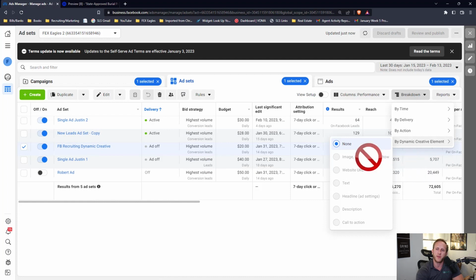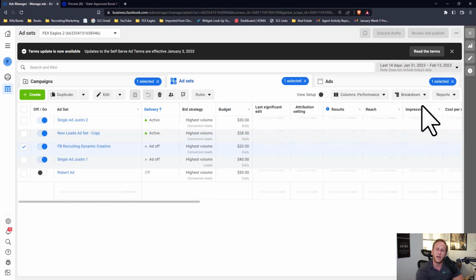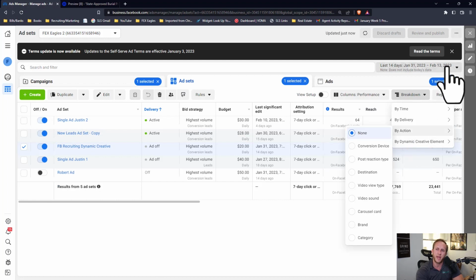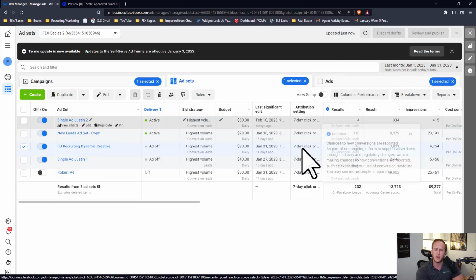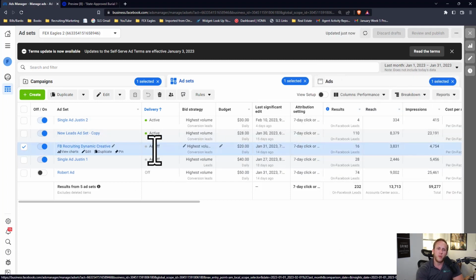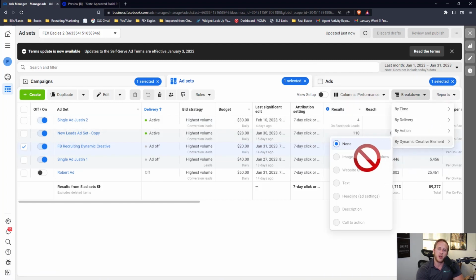So if you do Dynamic Creative Element by image, then beneath here, it will show all the images and videos that you have used for that ad, and it'll show you how each one compares. So let me just do last month. But anyways, it will break down. Once I go down here, it's usually because it's not on and running. But you go to this and you select it,